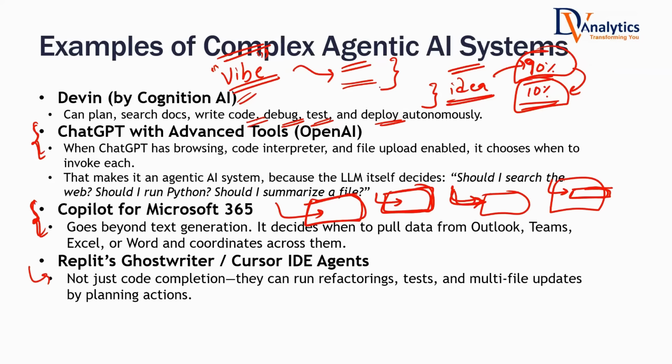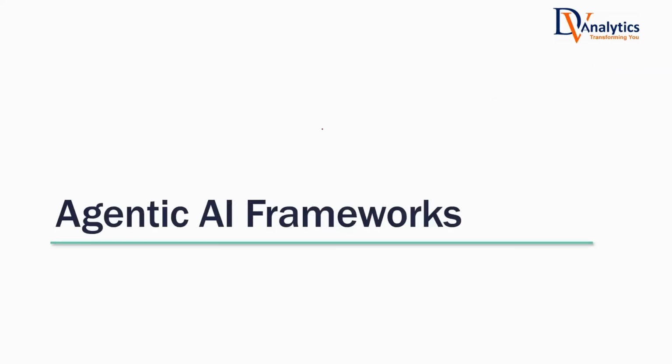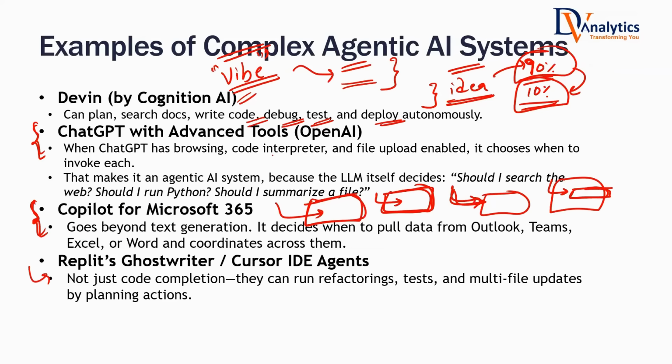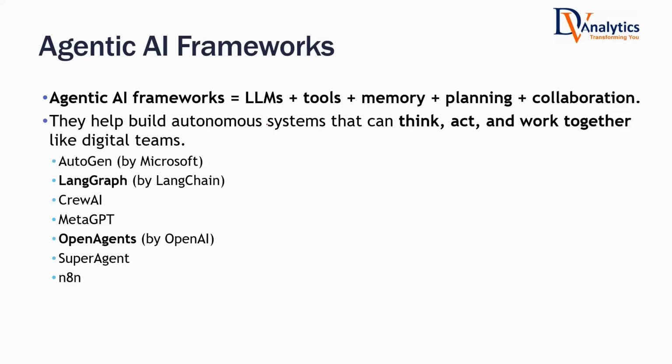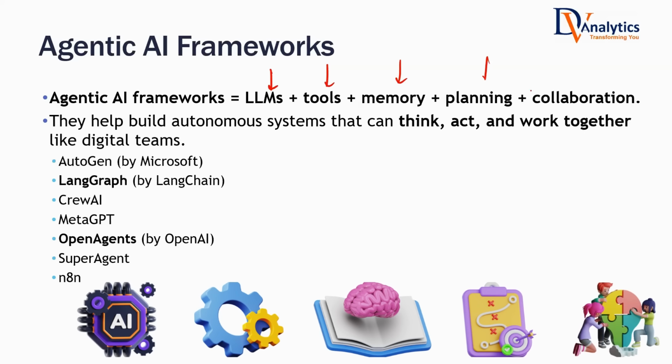Now, there are some agentic AI frameworks. Whatever you have seen until now, these are the tools, but there are some agentic AI frameworks. If you want to create such tools by yourself, an agentic AI framework will have LLM, it will have tools, it will have memory, it will have planning, it will have collaboration. If you want to do everything on your own, if you want to create everything by yourself, not by using